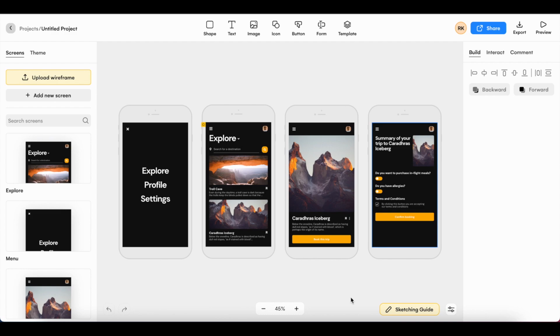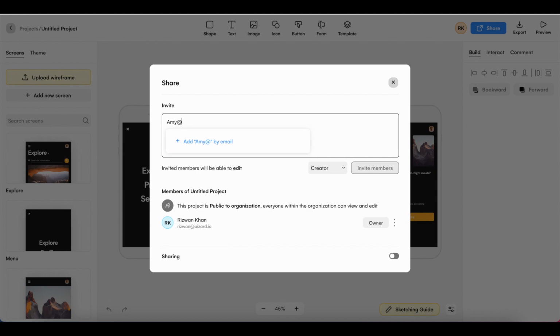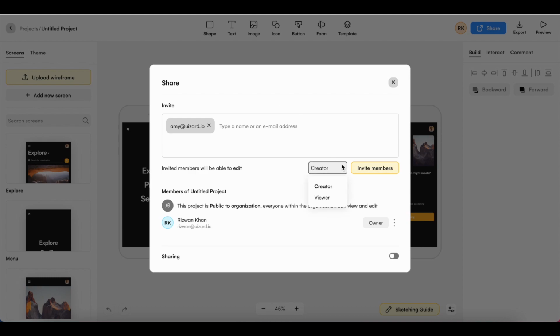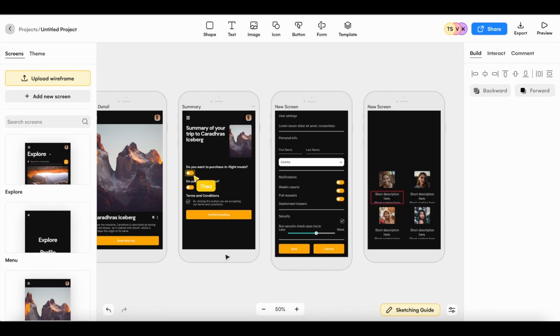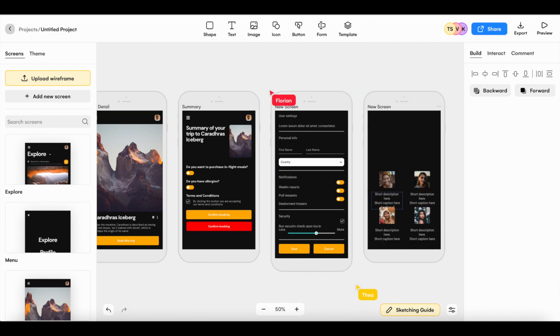Now before you jump in and start editing, you may want to invite your team members for real-time collaboration. All I have to do is click on the sharing button in the top right hand corner and then type in the email address of the person I want to invite, and then I can decide if they have edit access or they can just view and leave comments. Remote collaboration means less meetings to get aligned and less emails describing features you want to get feedback on. Collaborate with anyone, anytime, anywhere, straight from your web browser.